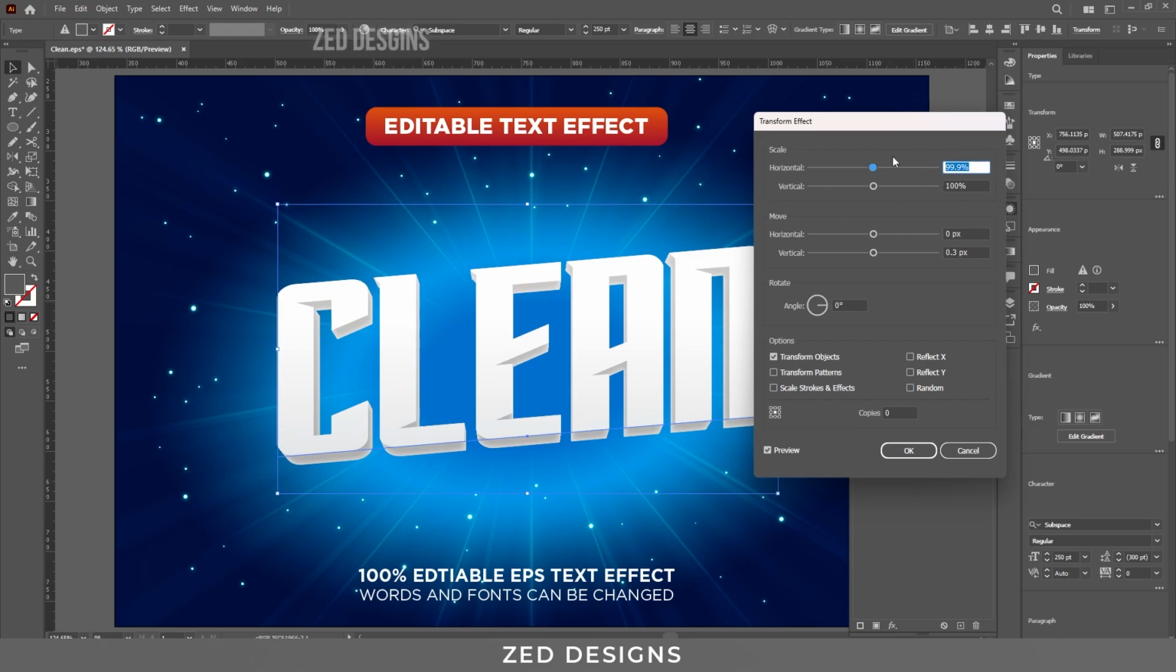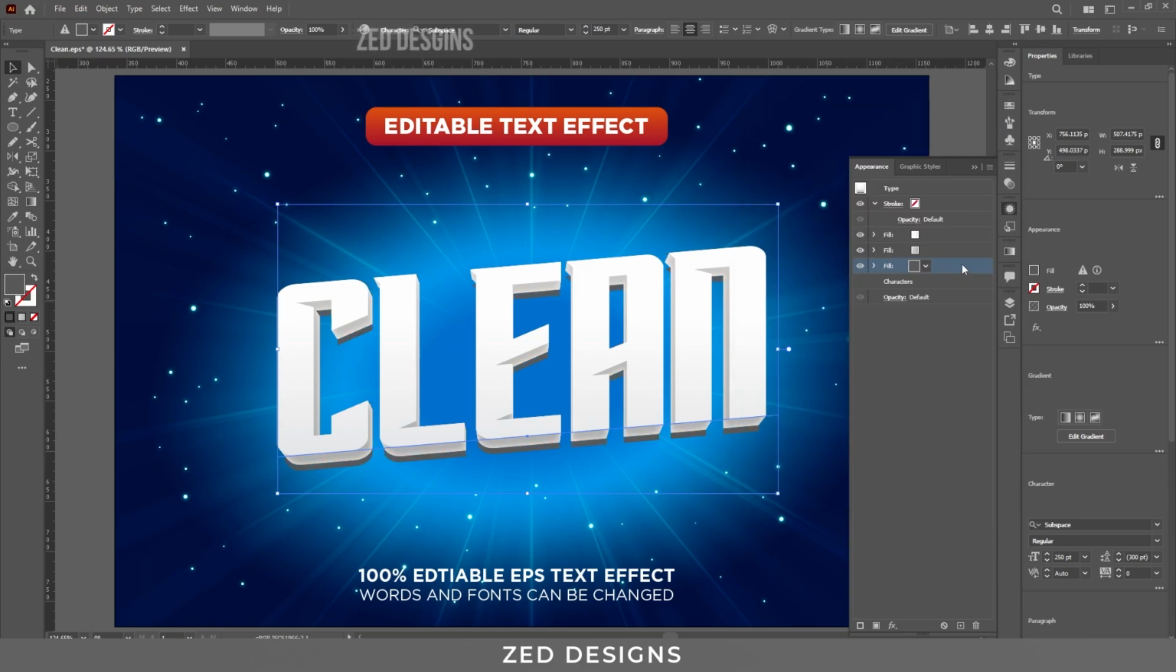Change the horizontal value to 97%. Keep the vertical value to 100%. Then we'll make changes in move section. Here we'll keep the 0 pixel for horizontal and in vertical we need 15 pixel. Then click OK. Next, duplicate this layer